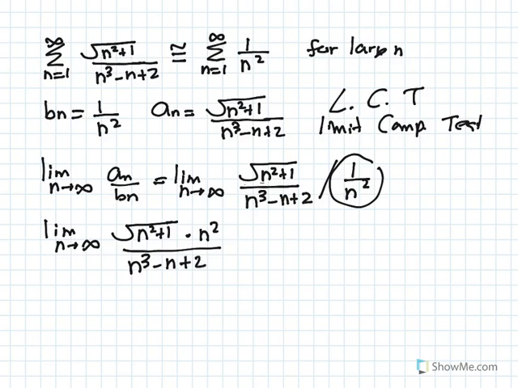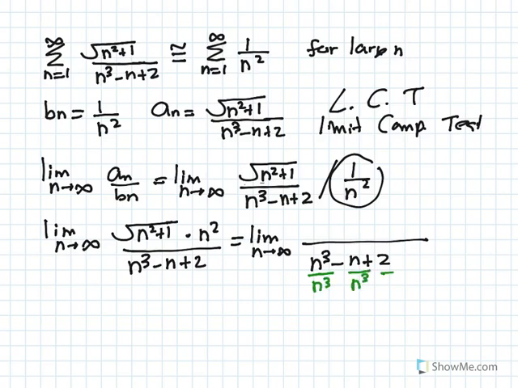Now to find this limit, we have to divide by the dominant term in the denominator, which is n cubed. So this is equal to the limit as n approaches infinity. Let's write the denominator, n cubed minus n plus 2. Let's divide every term by the dominant term in the denominator. Divide by n cubed, divide by n cubed, and divide by n cubed. The numerator will be a little bit trickier. So we've got root of n squared plus 1